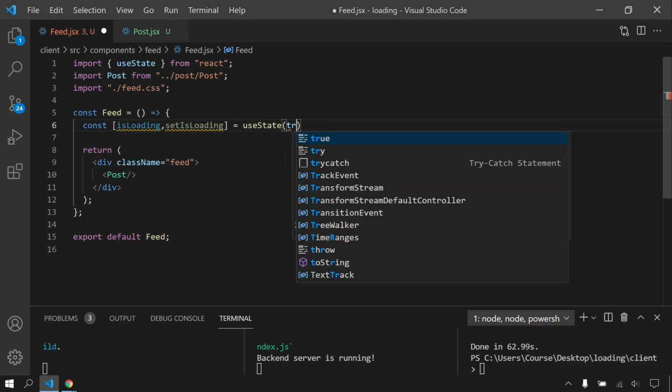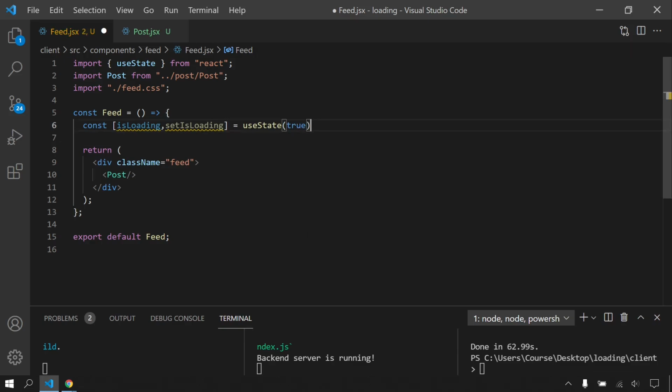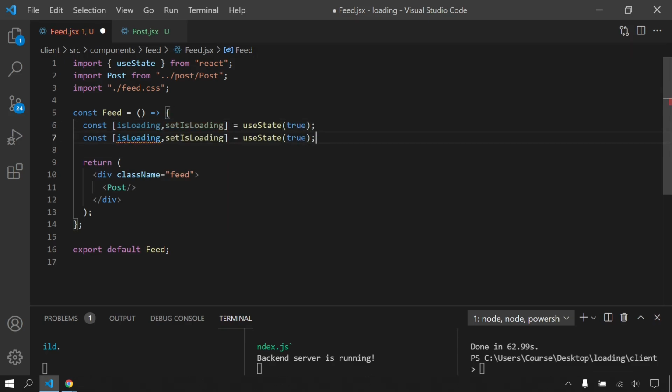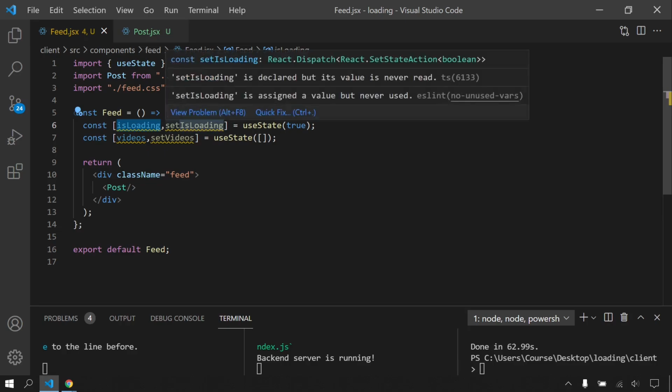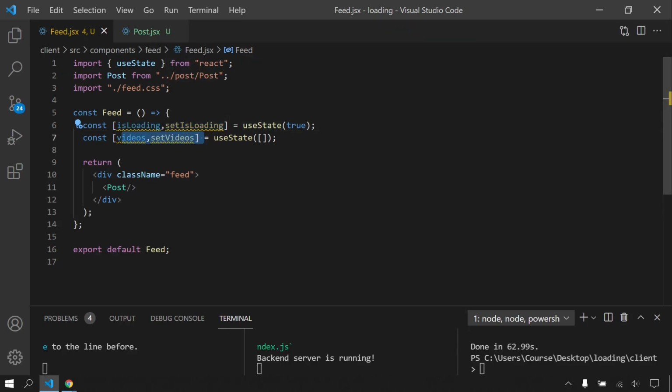And initial state will be true, and one more, it's gonna be videos, and initial state will be empty array. So essentially this is gonna show our loading is true or false. When we are fetching data, it's gonna be true, and when we finish fetching, we are gonna set this as false, and this is gonna be our videos after fetching.